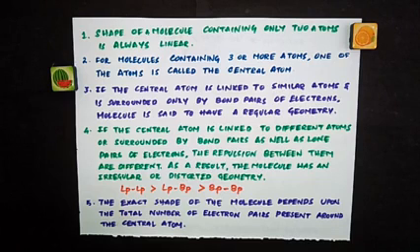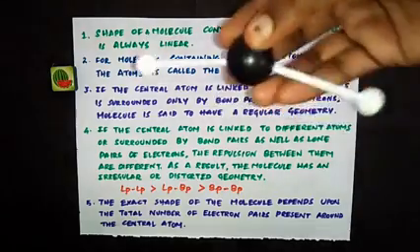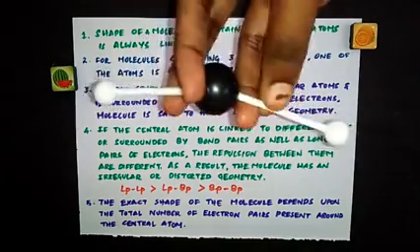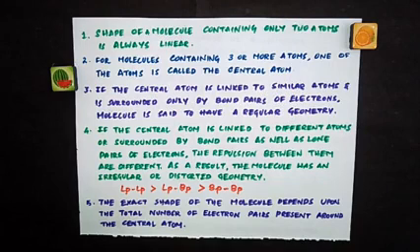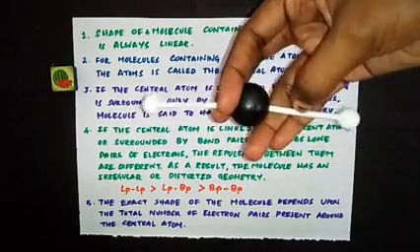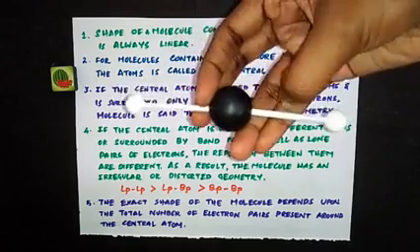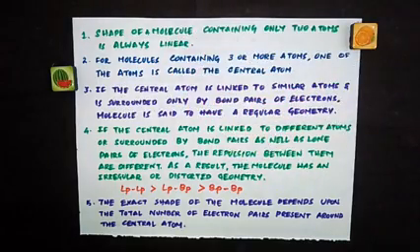And the third assumption is that if the central atom is linked to similar atoms, for example, just now I showed you carbon dioxide. See, this is the central atom and it is linked to similar atoms. Both are the same, both are oxygen. If the central atom is linked to similar atoms and it is surrounded by bond pairs of electrons, okay, what is a bond pair of electrons? These are the bond pairs of electrons. So if the central atom is surrounded by only bond pairs of electrons, the repulsions between them are similar. As a result, the shape of the molecule is symmetrical and the molecule is said to have a regular geometry.